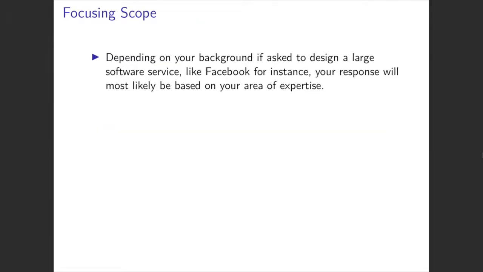So now what we want to do is figure out how to focus scope. So depending on your background, if you were asked to design a large software service like Facebook, for instance, your response is going to be probably based on your area of expertise. This goes back to something that we were talking about earlier,